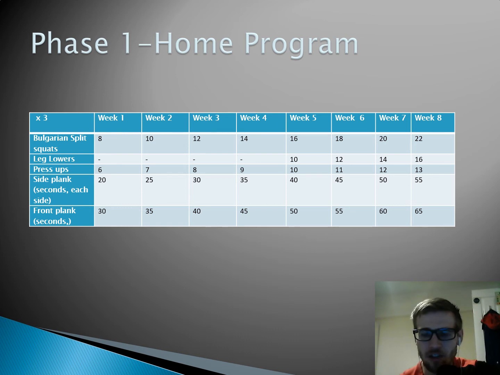And also it assumes that the training process is just linear, which anyone who's worked in sport knows that it's not. Linear programs are awesome for beginners, super simple to understand, but eventually you'll probably get to a point where you can't just keep progressing up and up and up. So again, with something like leg lowers, I think when we initially tested him, he probably couldn't do any, or I took that out for time reasons. Not entirely sure why now looking back on it,